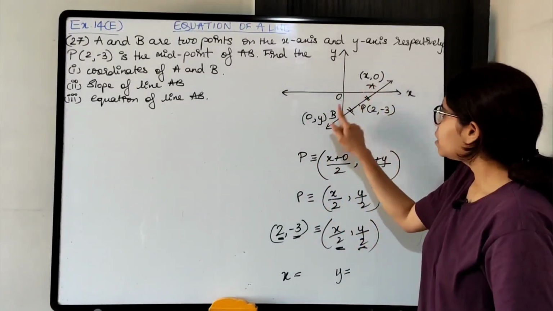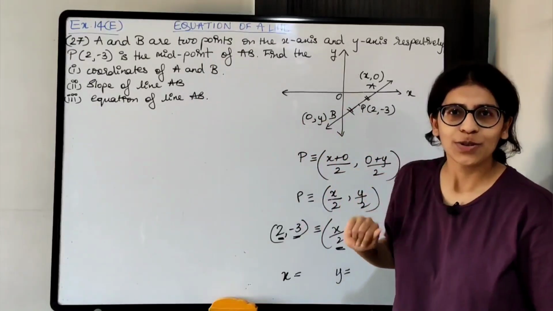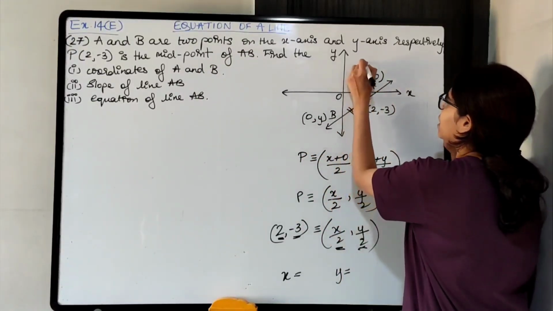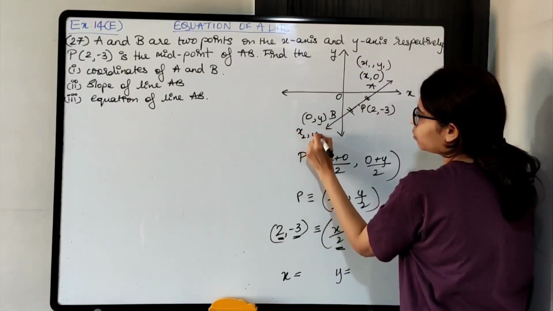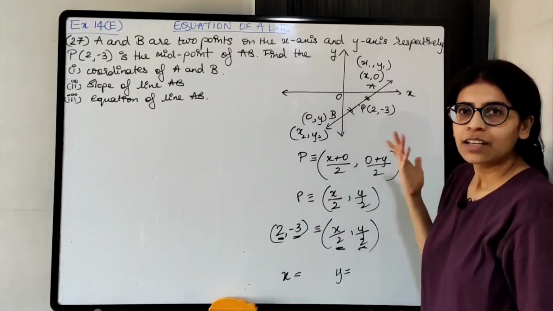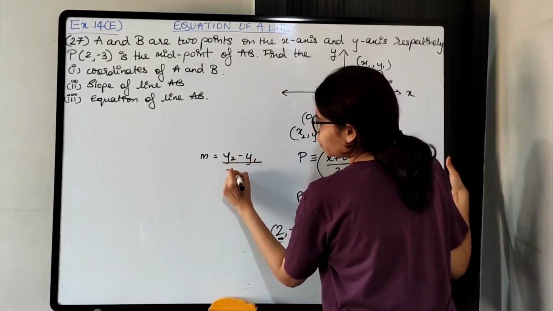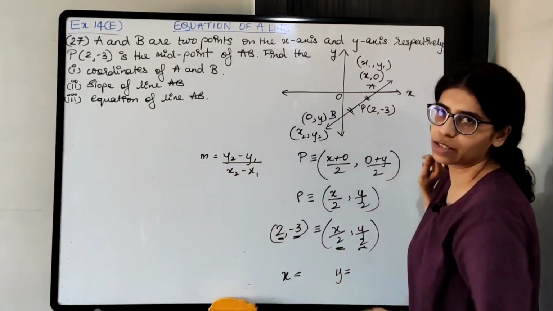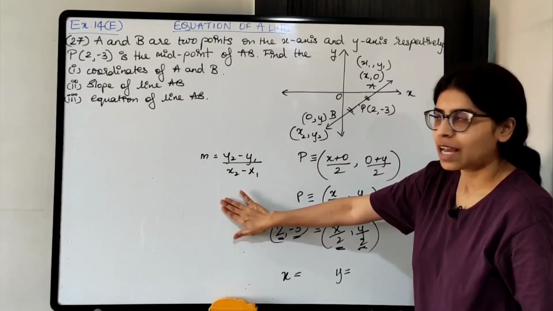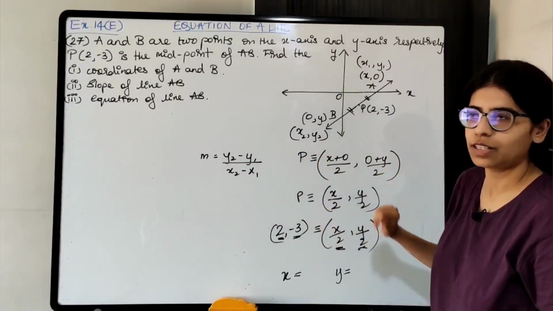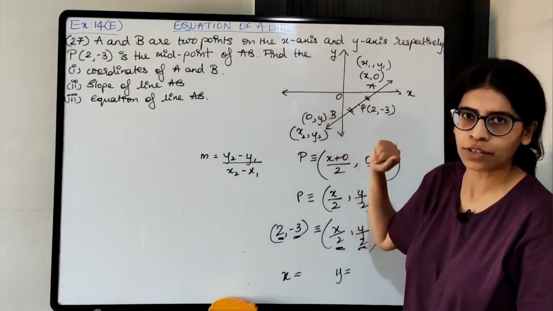Once you get the coordinates of A and B, we have to find the slope of line AB. So that is also easy. A का coordinates x1 y1 ले लो, B का coordinates x2 y2. Okay. Slope क्या हो जाएगा? It is y2 minus y1 upon x2 minus x1 or y1 minus y2 upon x1 minus x2. Okay. So put the values of the coordinates and find out the slope of the line AB. Okay, so second part is also very easy. You just have to use the coordinates of A and B.